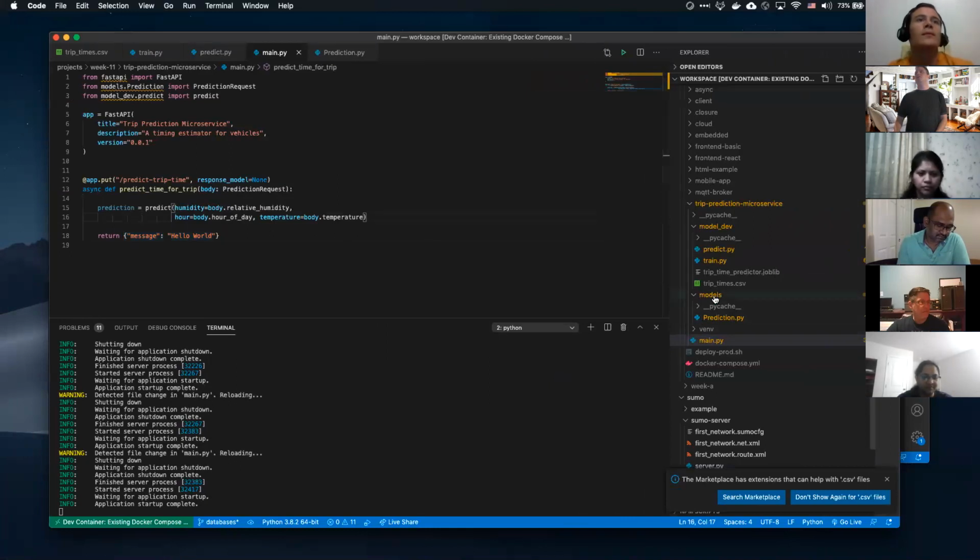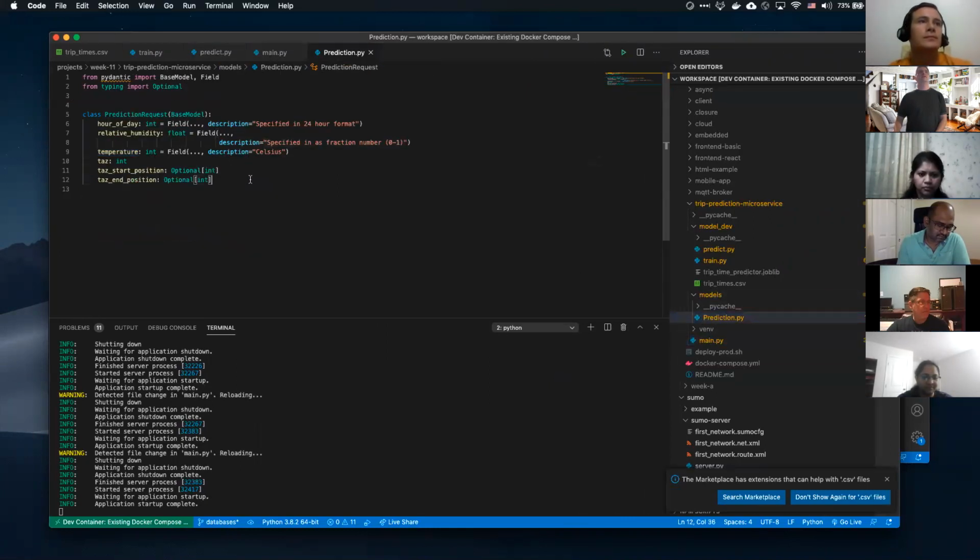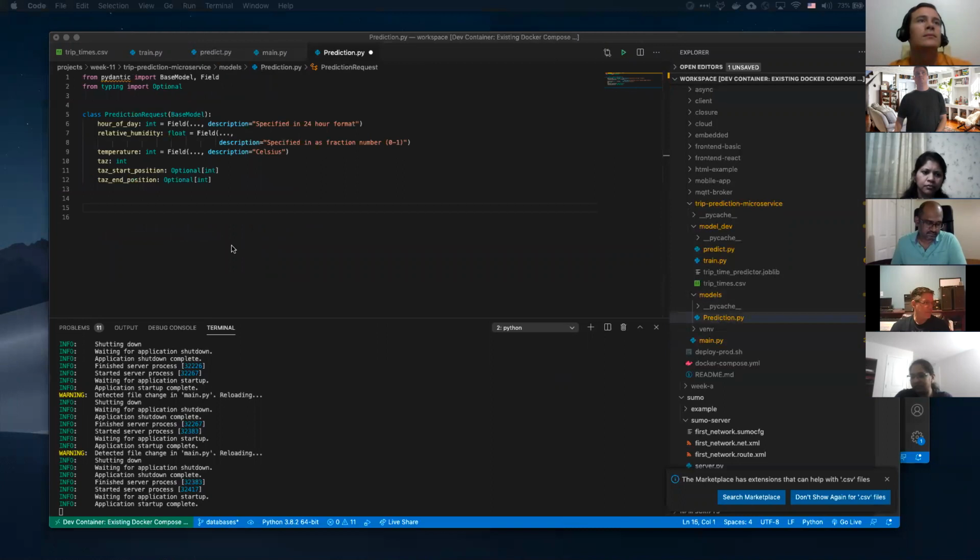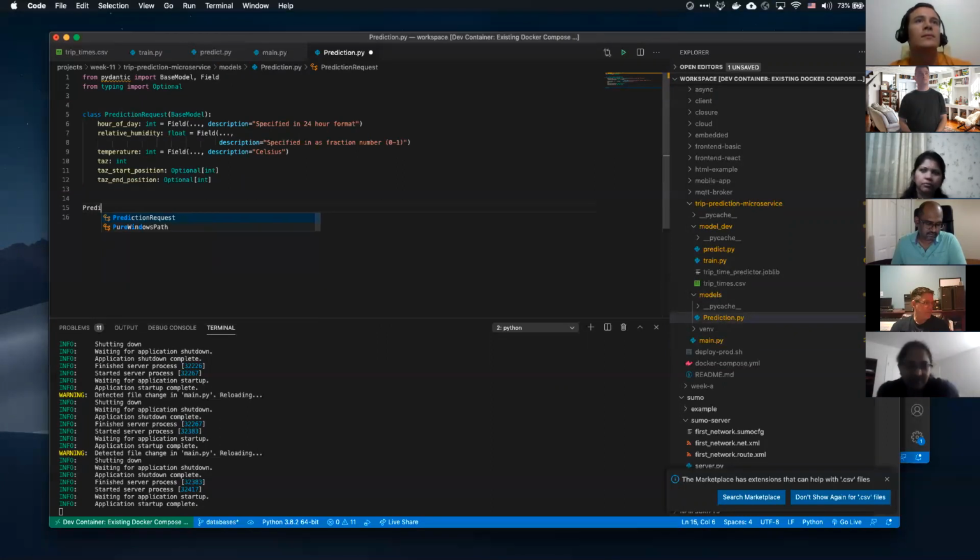And so here we're going to go back and create a class, PredictionResponse, that extends our base model. And we'll just do a severity factor, and we'll make that a float.